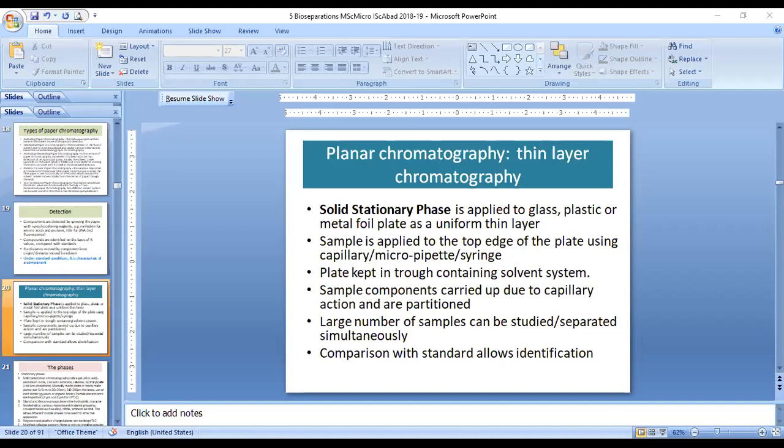Now the plates used as the support material could be of various sizes, but usually we have 5 by 5 centimeter or 20 by 20 centimeter plates. Of course, this size is not very standard; depending upon the number of samples and the type of solvent chamber that you have, you can change that size also. But yes, the length of